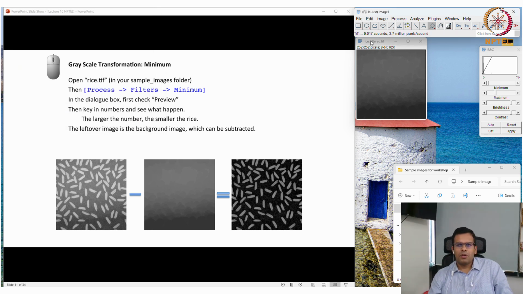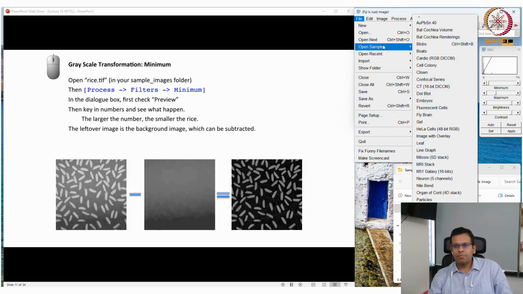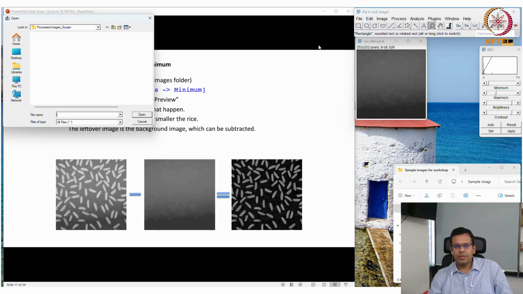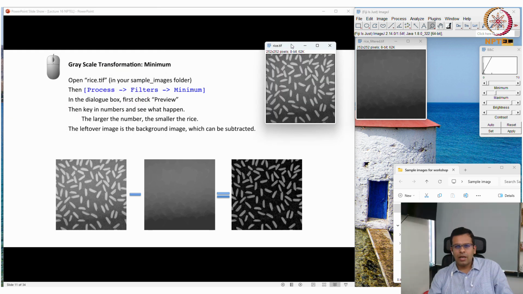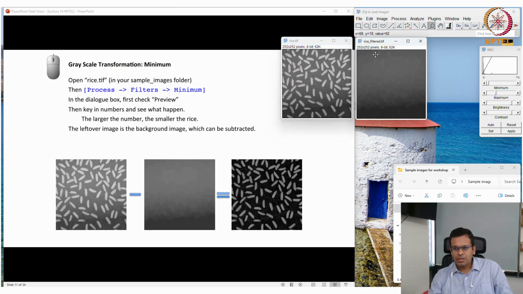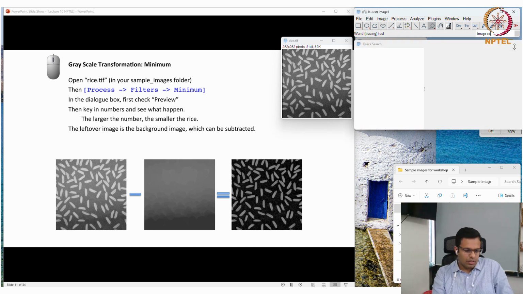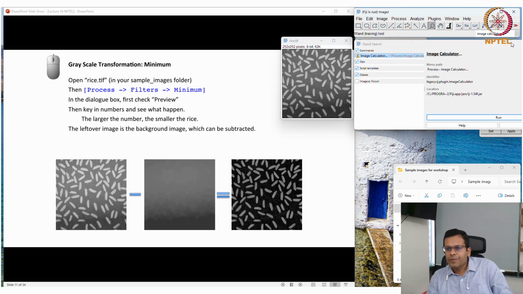Now I can open the rice image again from the samples. I will subtract the filtered image from this original image to remove the background. For that there is an image calculator, which you can search for here and you will find it. It is in the Process menu only.